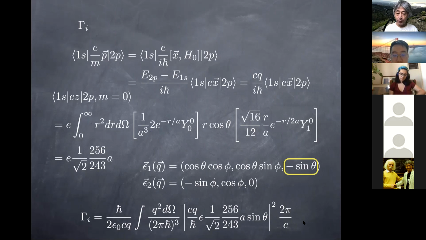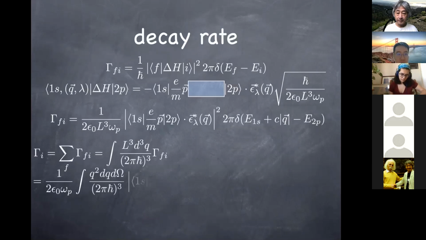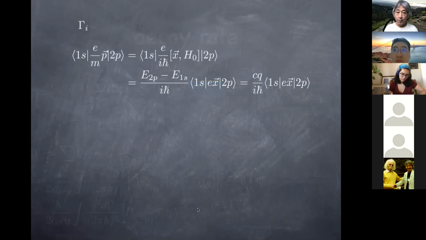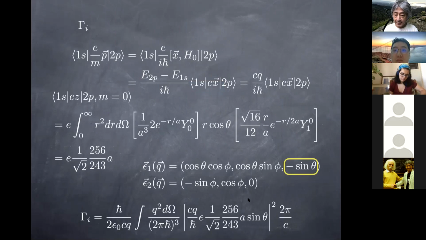And just to make sure that you can see that this is the same thing I had on the previous slide, just watch that this looks similar to what I had over here. This expression here, and the prefactor h bar over 2 epsilon naught c, and this factor 2 pi over c is what remains in the finite expression I had. The only thing I did is to replace what's in this absolute squared by what I computed over here. And that's this thing inside this absolute squared. So once again,